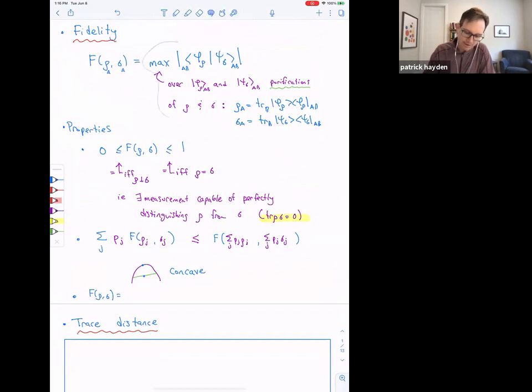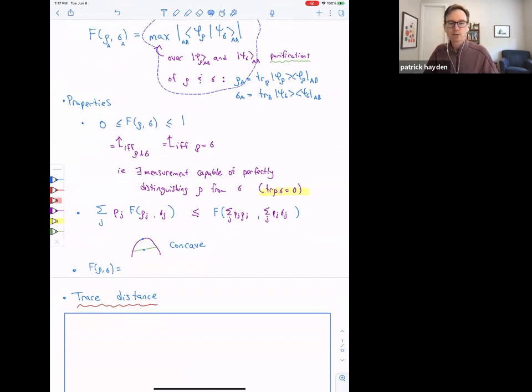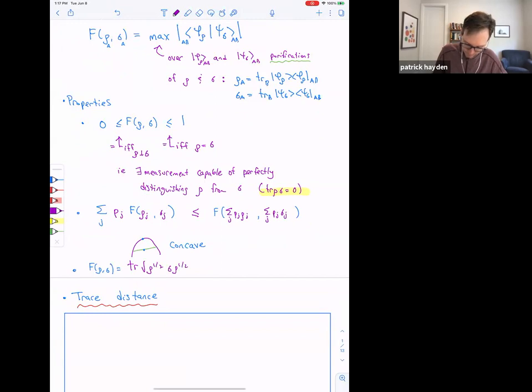interested in using maximizations over various sets. And that has the nice property that they often have some conceptual significance or utility, but that also makes them hard to calculate with. Now, the fidelity is nice because not only does it have this nice conceptual definition in terms of this optimization, but it has a pretty straightforward formula without the optimization. So you can evaluate that optimization directly and get a formula like that. So the fidelity is the trace of the square root of the matrix product rho 1/2 sigma rho